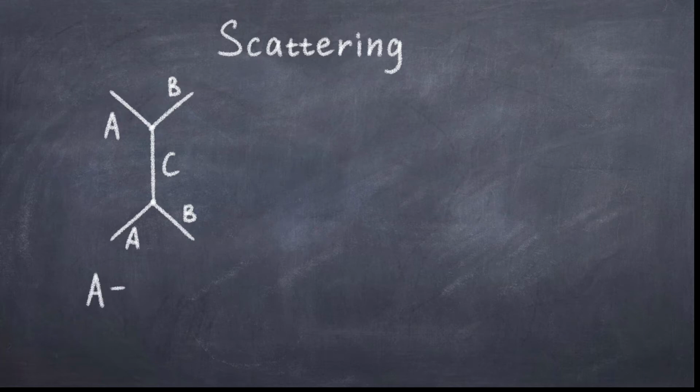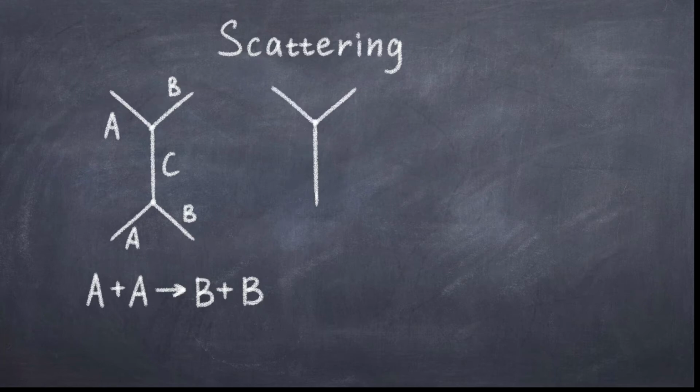We can also have the reverse process where two B particles turn into two A particles, even though the A particle is heavier. To satisfy the kinematics of this process, the two B particles must have enough kinetic energy to compensate for the mass difference. The kinetic energy then turns into the mass of the A particle, at least partially. This would mean that the outgoing A particles would move slower than the incoming B particles. We could also think of many other scattering diagrams by combining two vertices in different ways.